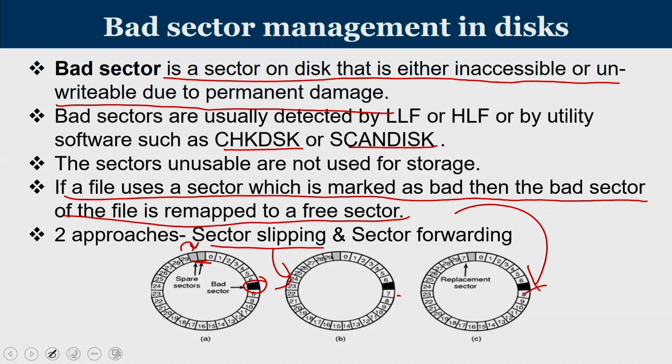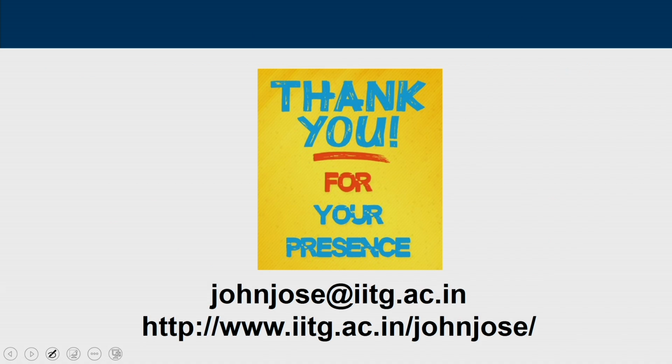Rather than moving all the others, just 7 alone I keep in one of the empty sectors and all other sectors are not disturbed, then that is known as sector forwarding. So, by this mechanism we make sure that even if there is a bad block in any of the tracks, the reserve sectors, which are known as spare sectors, are used in order to store these contents; basically 2 techniques, slipping and forwarding. So, that completes your quick summary of the secondary storage system.